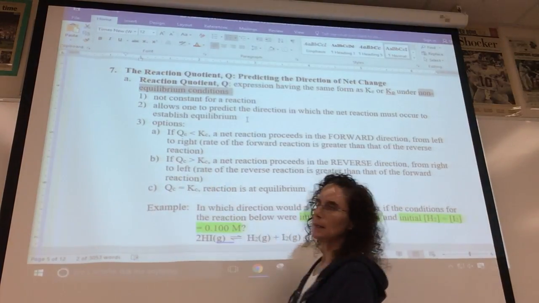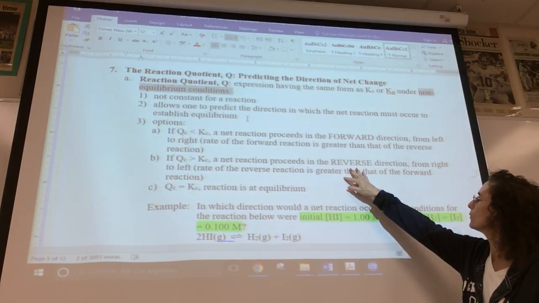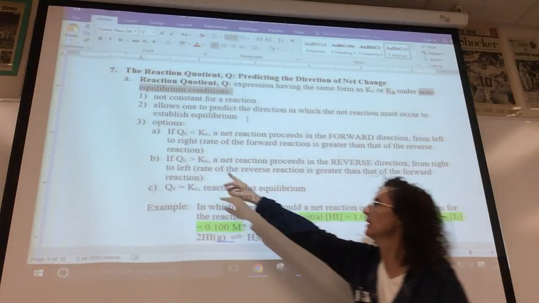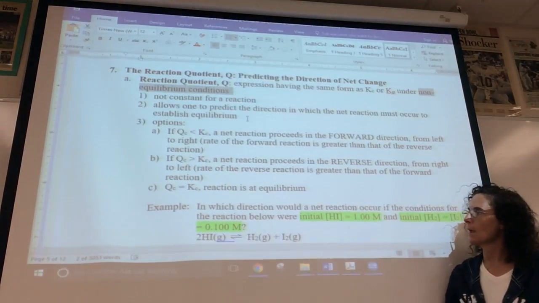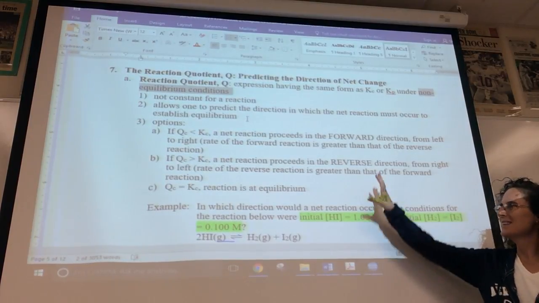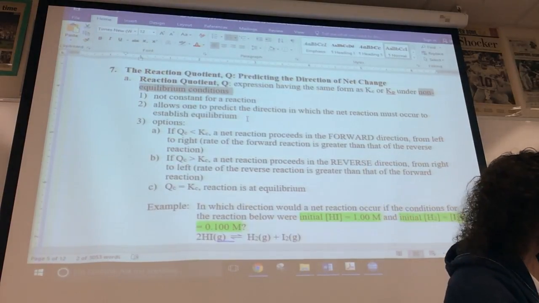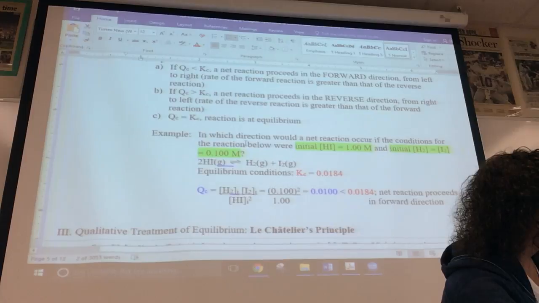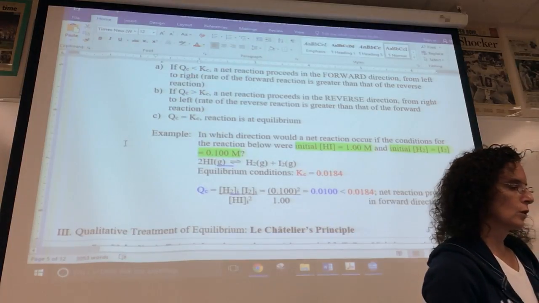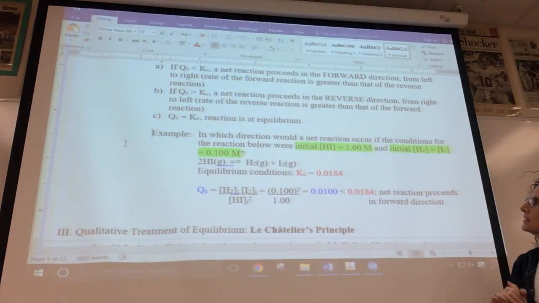If Qc is greater than Kc, now the net reaction is going to go in the reverse direction. Greater, reverse. And when they're equal to one another, we say the reaction is at equilibrium. This concept's not going to come together till next time, and that's fine. You could calculate Q, though, and figure out which reaction is going to proceed, that is, the forward or reverse. For example, it says in which direction would a net reaction occur if the conditions for the reaction below were